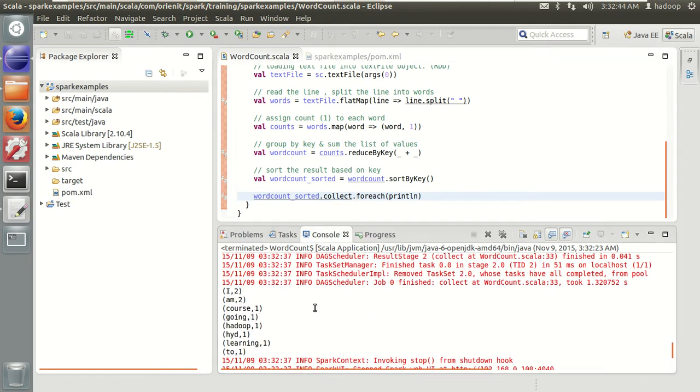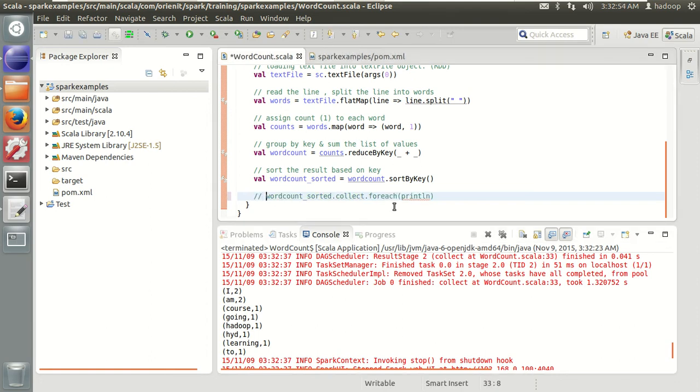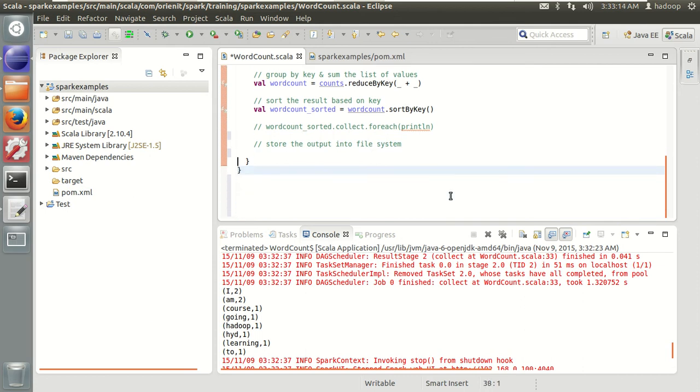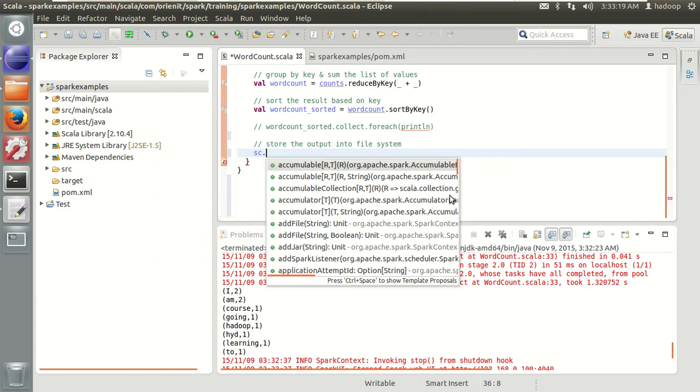So let's store this data into either the local file system or HDFS. For that, comment this line, and write the output into the file system. So for that, the coding part will be sc dot save as